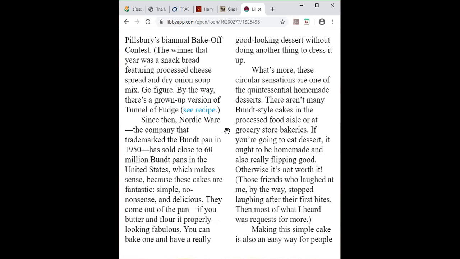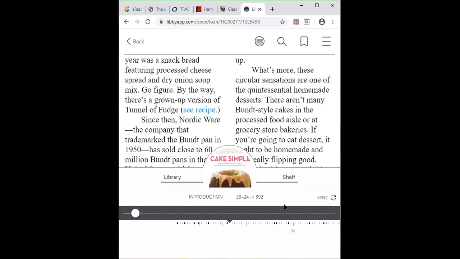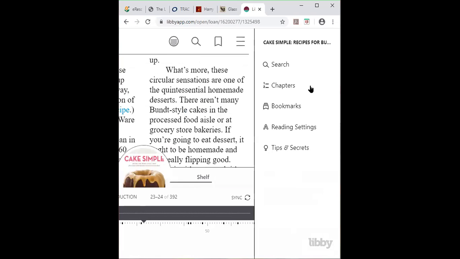Okay, and if you click the middle again, there appears your menus. So at the bottom, still your progress. At the top, still you can change how the text is displayed, like a book or just one large page. You can search, you can bookmark, and then if you go to your menu here, you have all those same